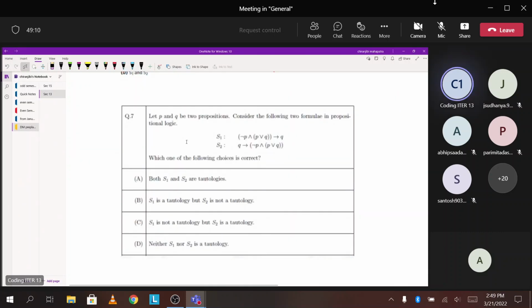Okay, so let P and Q be two propositions. Consider the following two formulae in the propositional logic. This one. Which of the following choices are correct? So for this question, first, what do we do? Which one is a tautology, which one is